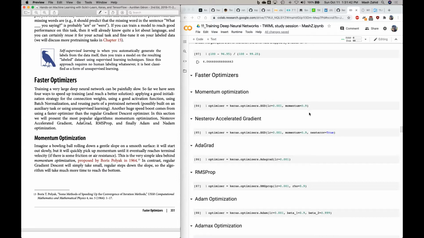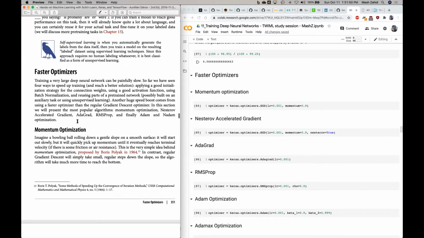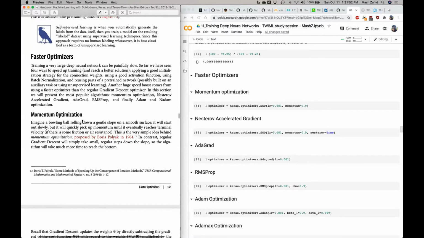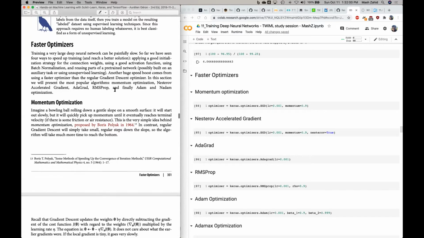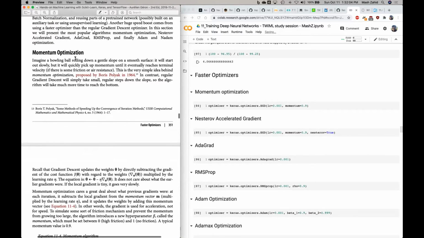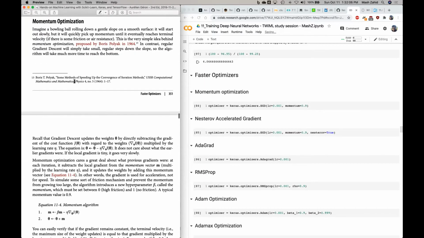We're going to see in a minute exactly what that difference is and why you really want to choose something like 0.9, which Géron refers to in the book as something that'll speed up your training by 10 times. Referring to the book on page 351 for momentum,